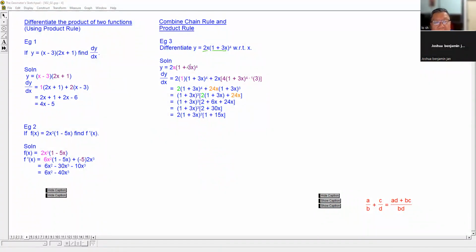Now I differentiate the brown color. To differentiate the brown color, you have to differentiate using the composite function. Bring down the power 4, power less by 1, then differentiate inside the bracket. Multiply them out. 1 plus 3x to the power of 4. Then this one multiply, 24, 1 plus 3x to the power of 3. Okay, so this one involves factorization, and